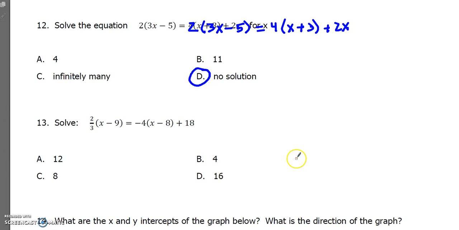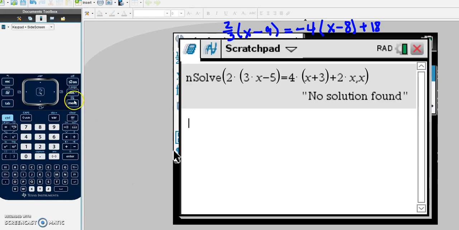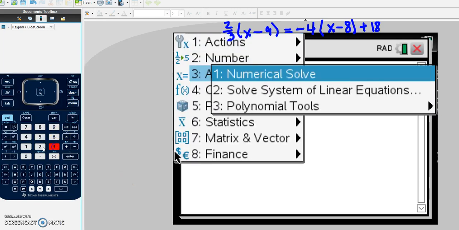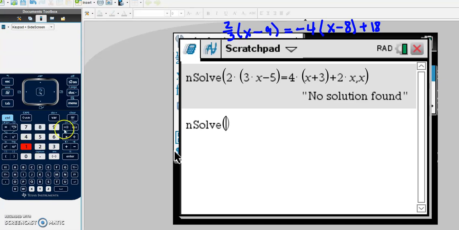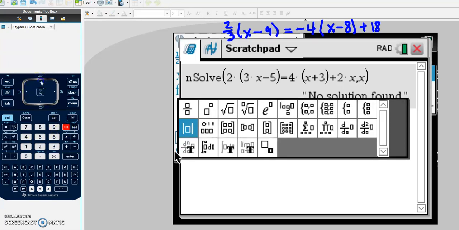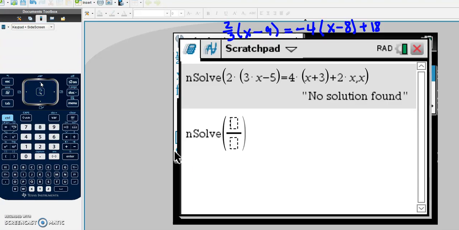Let's go ahead and do number 13 while we're here. It's the same type of problem. We are solving for the variable x. I only have x's in here and it has an equal sign. So again, we can put it into nsolve. So let me flip that back over to our calculator. Okay, we're on Scratchpad. So menu, 3-1 again. And let's type in, I have a fraction, so I'm going to, there we go, there's my fraction bar. I have 2 over 3, arrow over, and then I have a parentheses,